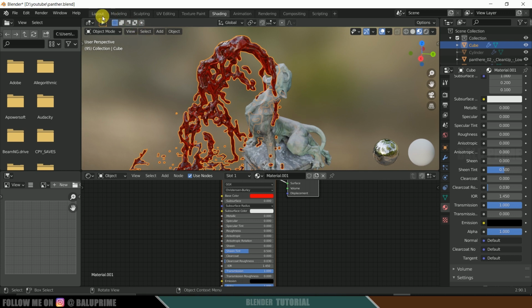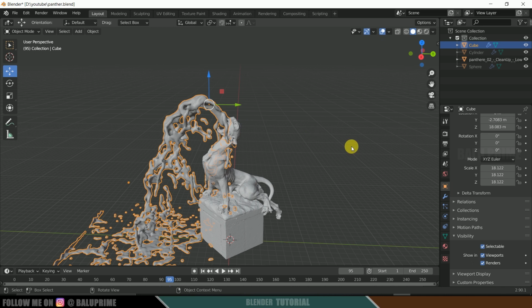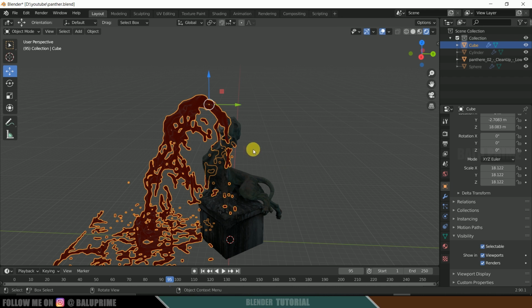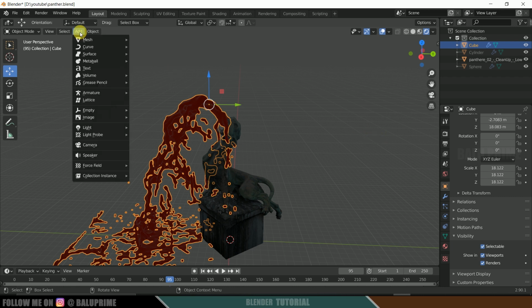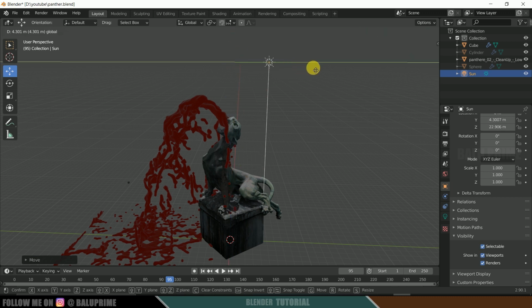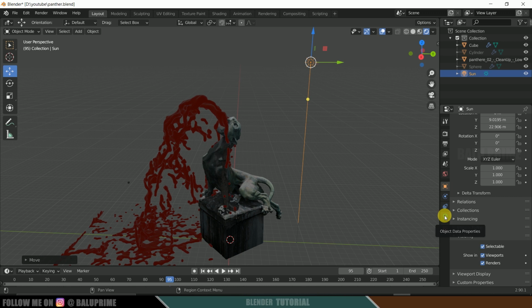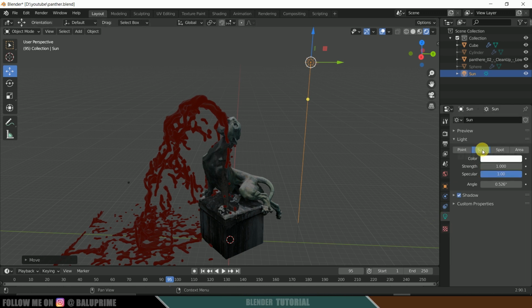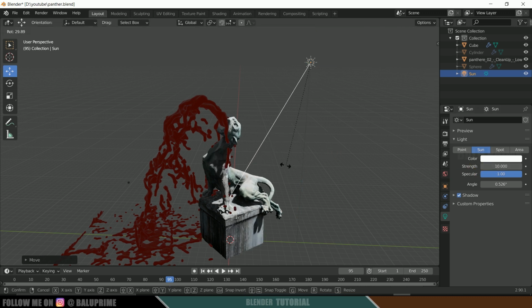Now let's move back to the layout once again. Click on this layout. Now if we move to this render viewport, we are not finding this clearly because there is no light available in the scene. So now let's add light to our scene. Click on this add, scroll down to light and add sun. Let me place it here. Now click on the object data properties of the light, sunlight, increase the strength to 10. Now press R to rotate it like this. I think this would be fine.